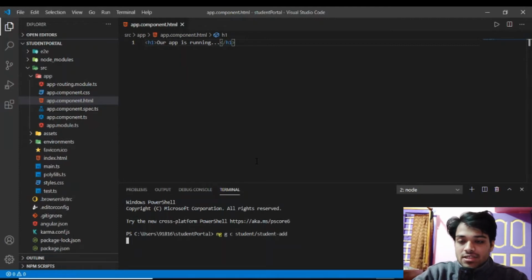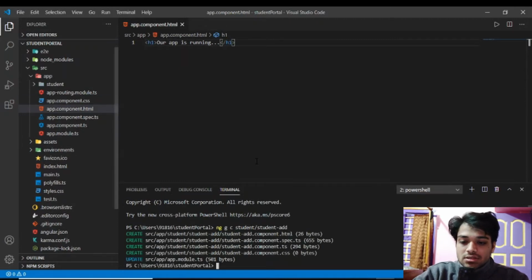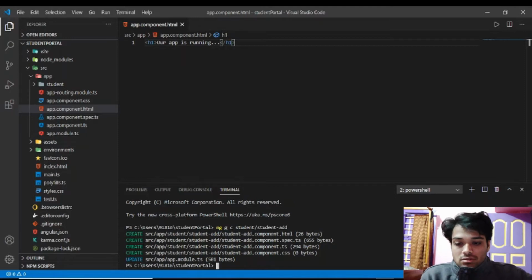It will take only a few seconds, just wait for it. Yeah, it is created. So you have to see the log, what it has done. It has created four things: student-add.component.html, a spec.ts file, a ts file and a css file.